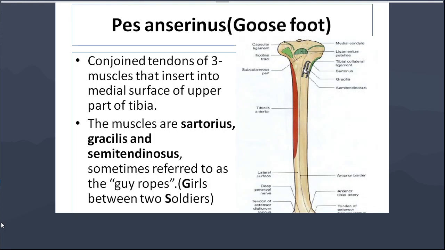Then coming to the fourth perforating artery, this is the continuation of the profunda femoris artery. This is the continuation of the profunda femoris artery, that is called the fourth perforating artery. Now can you explain about the